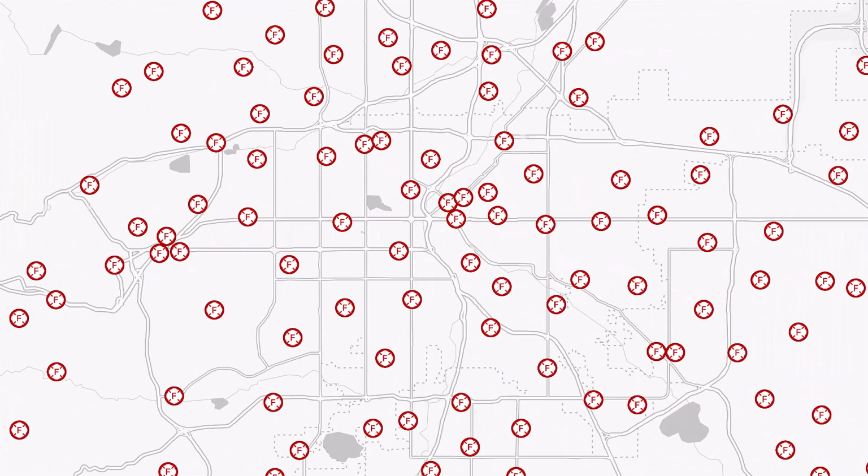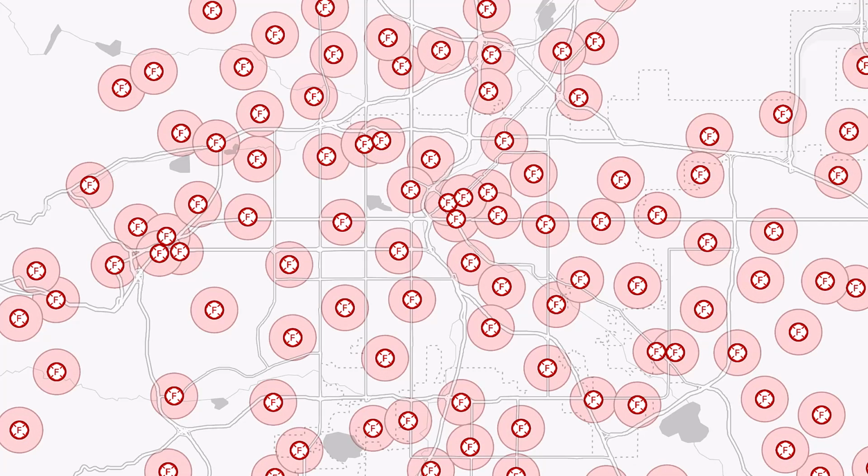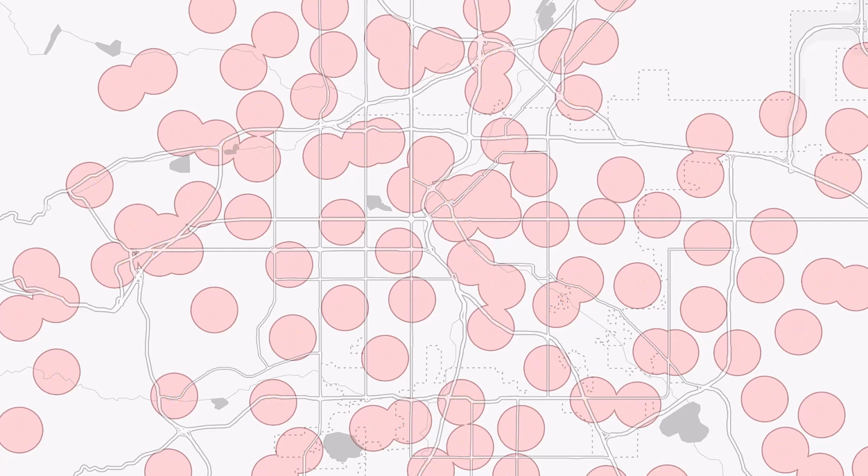Here is an example from the Denver area. What we see in the map are the locations of fire stations. We might want to create buffers that are 1 mile from the fire stations. If we generate them without using dissolve, our buffers look like this. If we create the buffers and we use dissolve, then the buffer polygons look like this. It may not be easy to identify where buffers have been combined with each other, so let's turn off the symbols for the fire stations. Now we can more clearly see where the buffer polygons have been merged.